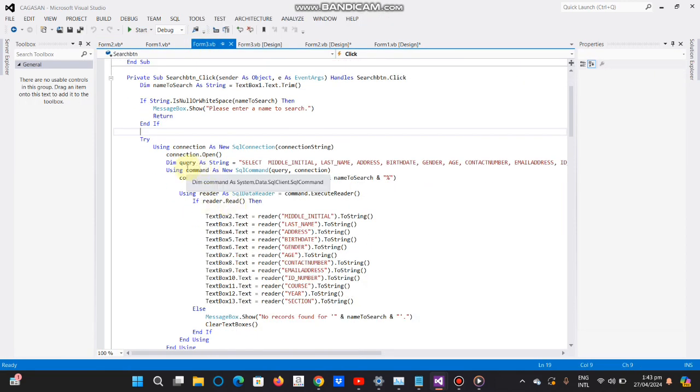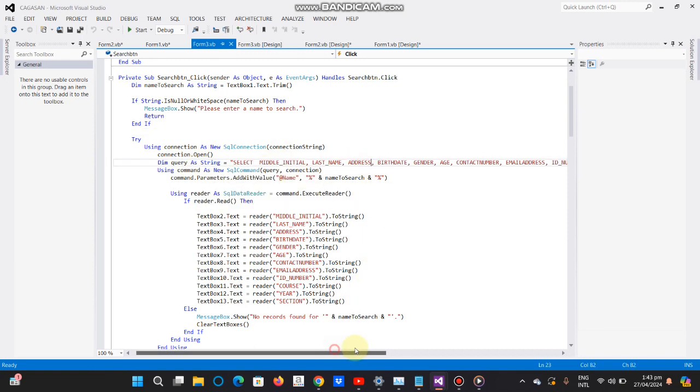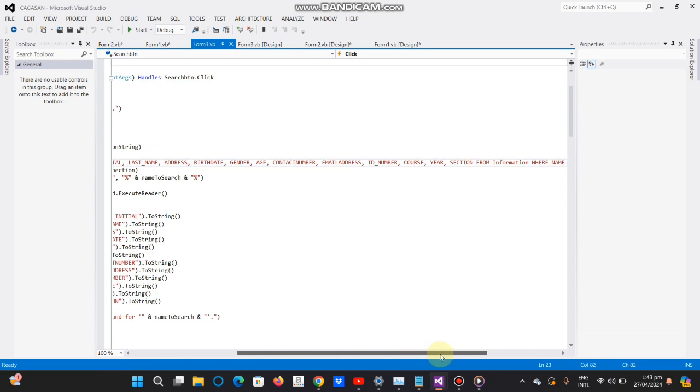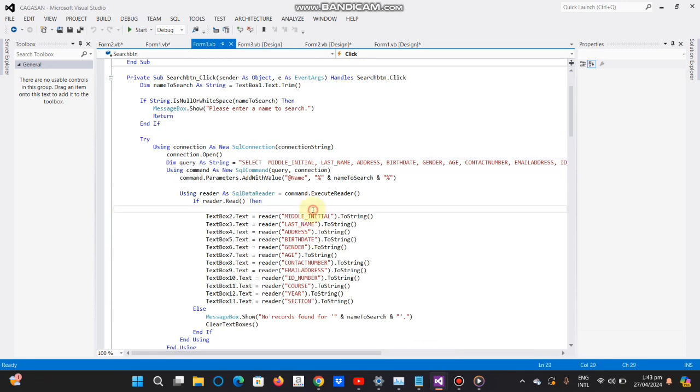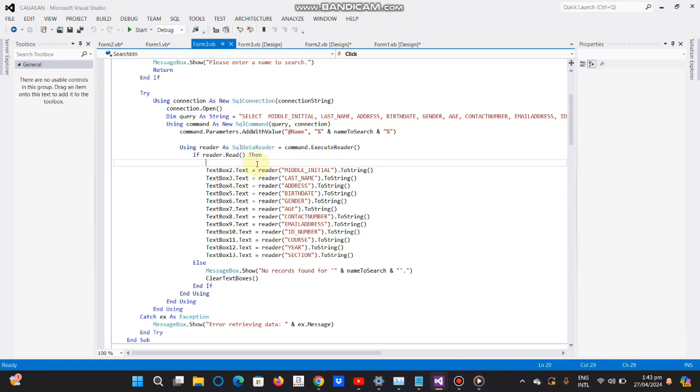Then initialize the query. Then the reader. Use also the reader.